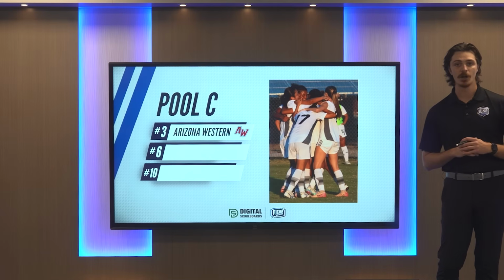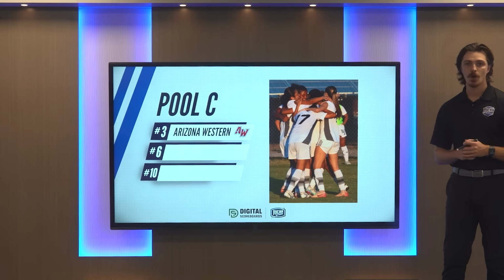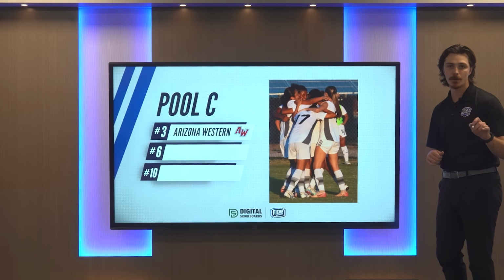We'll see if that's the case, because when Arizona Western is rolling, this is a dangerous team. Playmakers all over, with freshman forward Reina Casano leading the way. One of the tests in the opening round will be the 3rd at-large bid and number 6 seed,